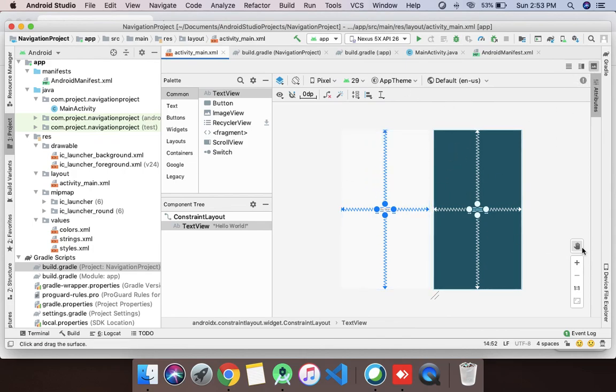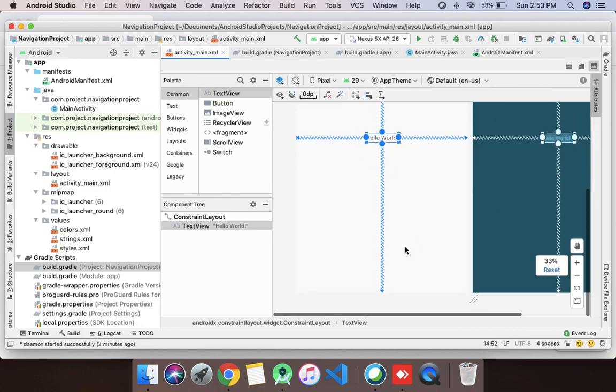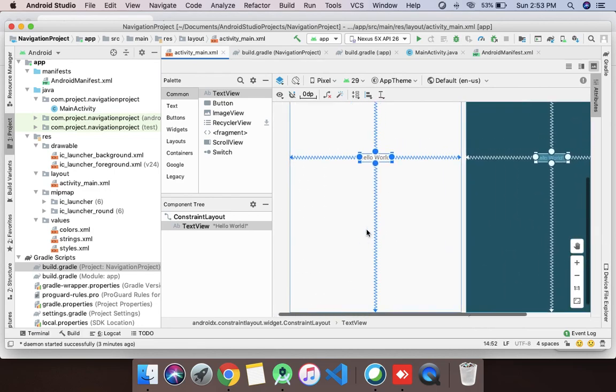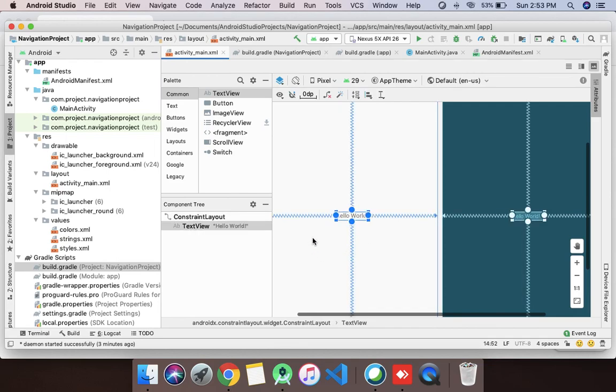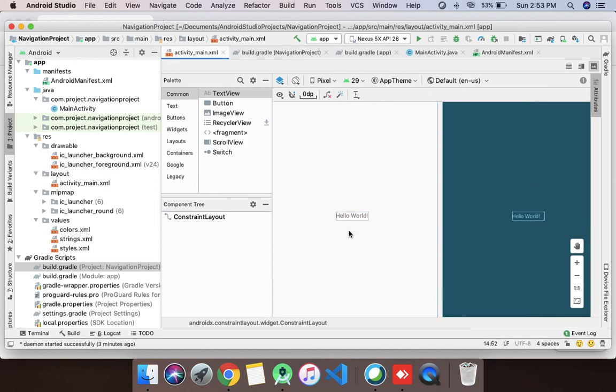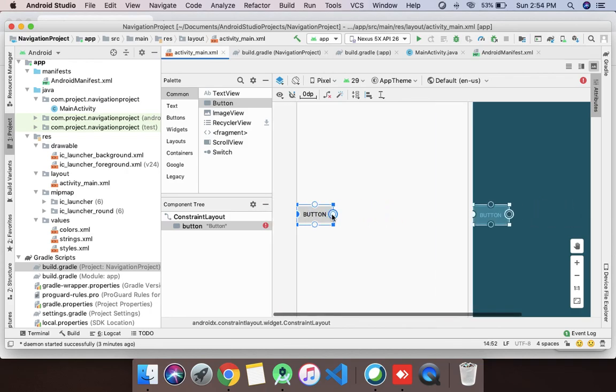We have to add one button here on which we will click and navigate to another activity. As you can see, there is one text view available, Hello World, which is created by default. We will delete this. You can just click on the delete button, or you can go into the code and delete it. In the left panel, as you can see, there are multiple widgets. We will select the widget called button and add it at the center of the screen. And these are the points which we have to connect. These are called constraints,